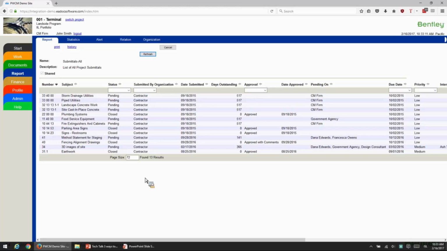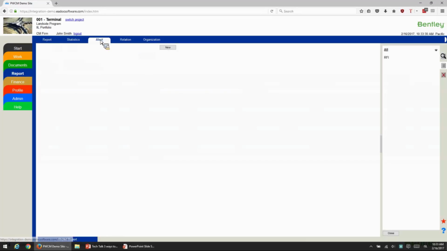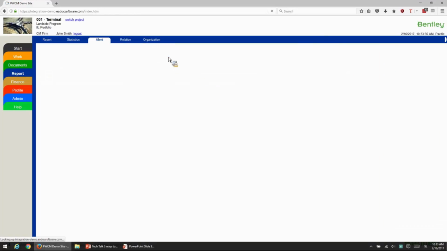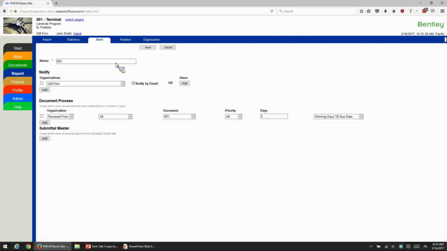Okay, we have one final question, I think, and I think we have time to get to it. It says, can you show how alerts can be configured for project participants? Yes. So I did mention the alerts, but I didn't really go into them in detail. So alerts are something that we can create to set reminders to people. So in this case, I have an RFI alert. It is based on the